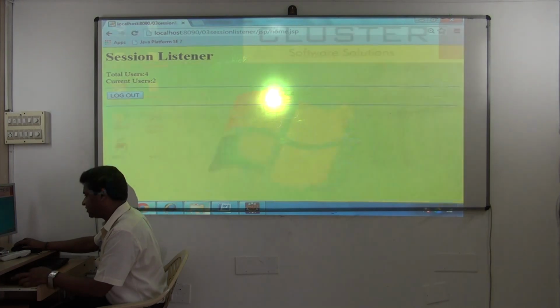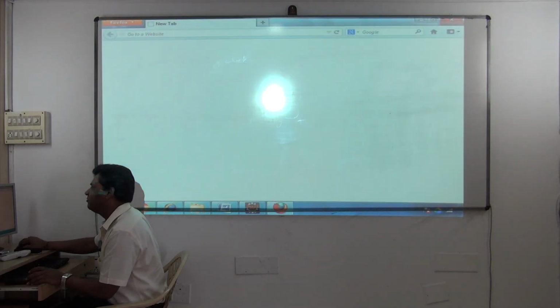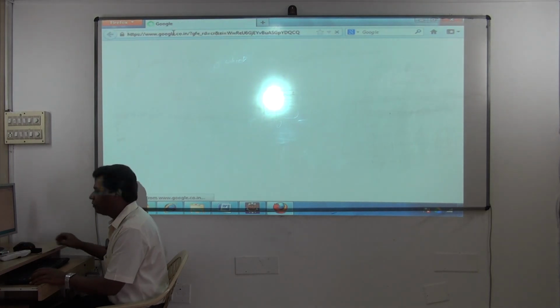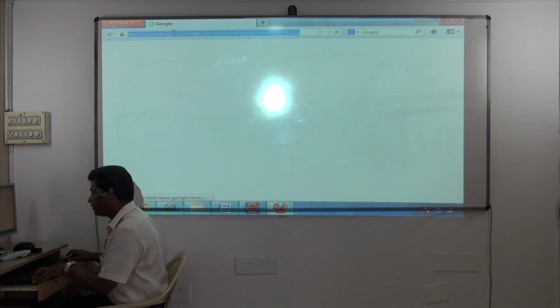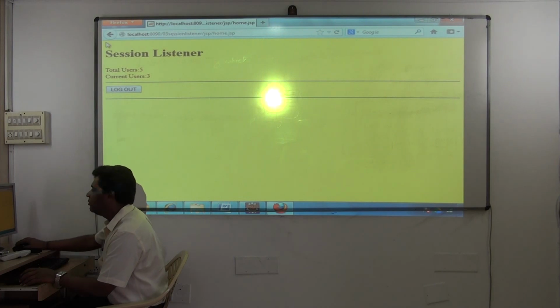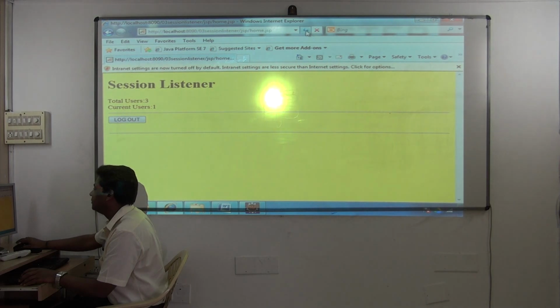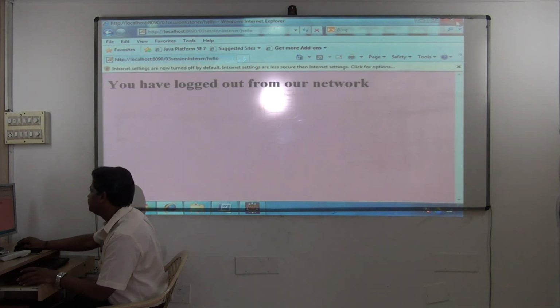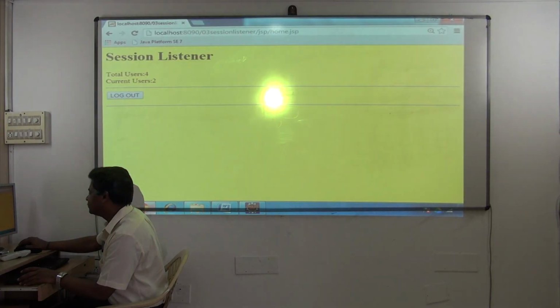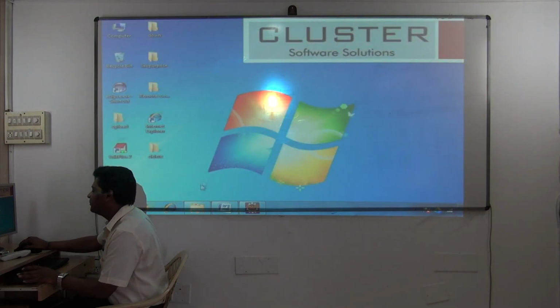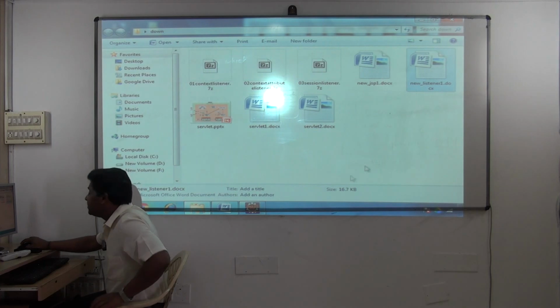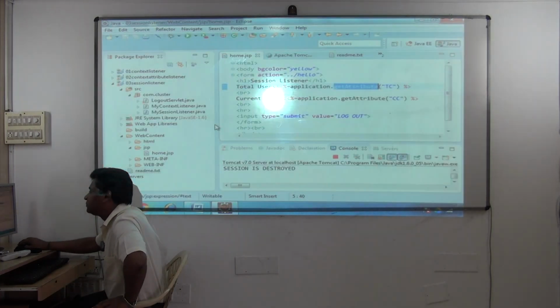Okay, this is there. Firefox again. Different browsers. Don't open it in a single browser. I'll open and show it in a single browser also if you want. It will not work. Clear? Again you log out. This one is logged out. Again refresh here. Total users 5, current users something like 3 it will display. Log out. So finally, how many are there? Refresh, 5 and 2 like that. So it goes on giving you the count. Clear? So this is how things get executed here.